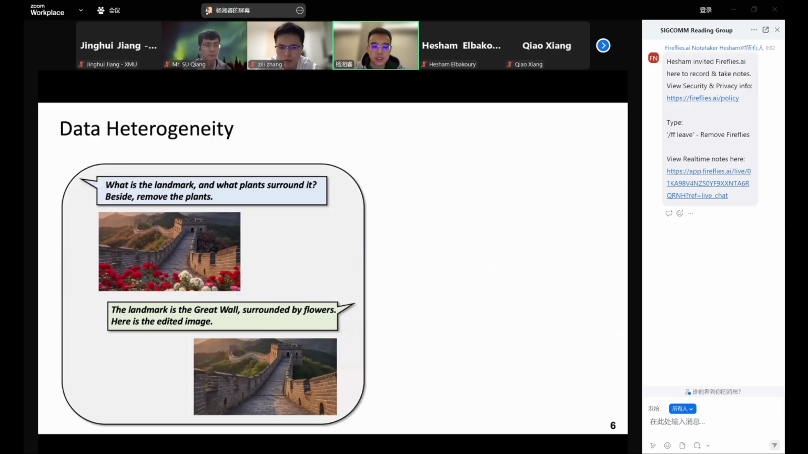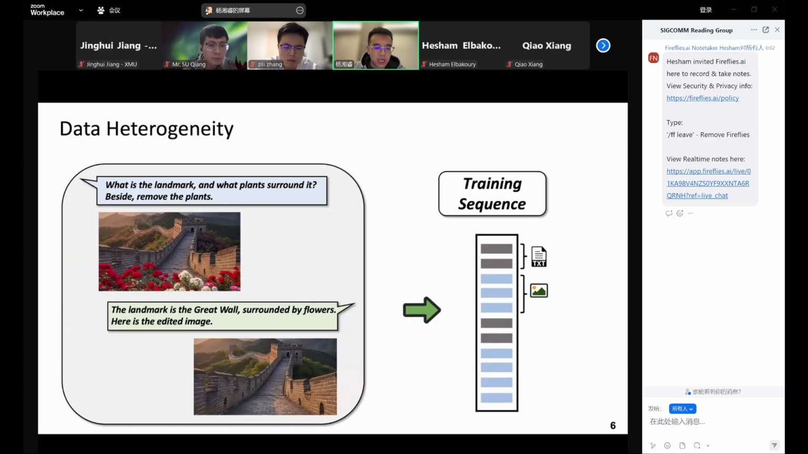Now let's turn to the second challenge, data heterogeneity. The slides show an example of a multimodal interaction. The user provides a single prompt that contains multiple tasks. The first is that the user asks what a landmark is, and the second is that it asks the model to remove the plants. One task, and to handle this,